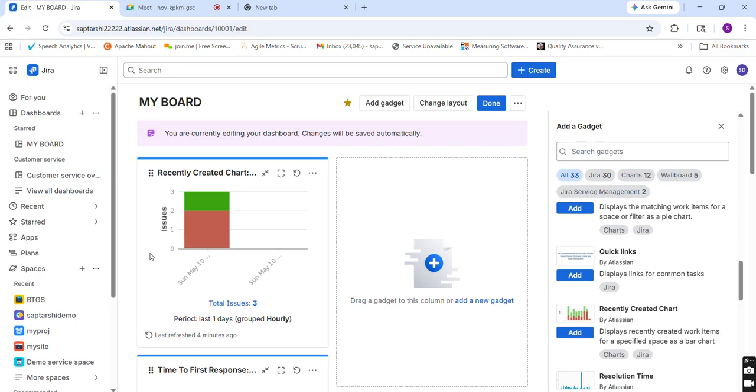Out of three, two have been resolved, one is still pending. You understand? So these are the basic graphs that you require for Scrum or Agile practices. I will recommend, if you want to practice on your own in Jira, take a